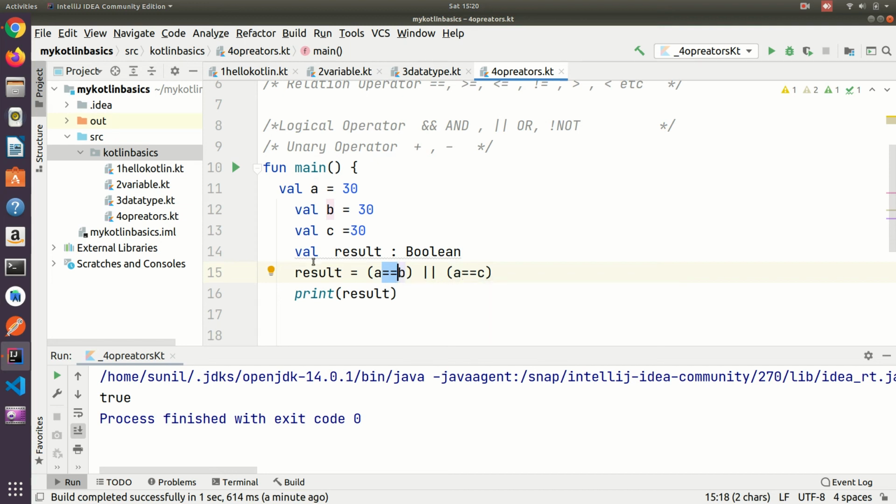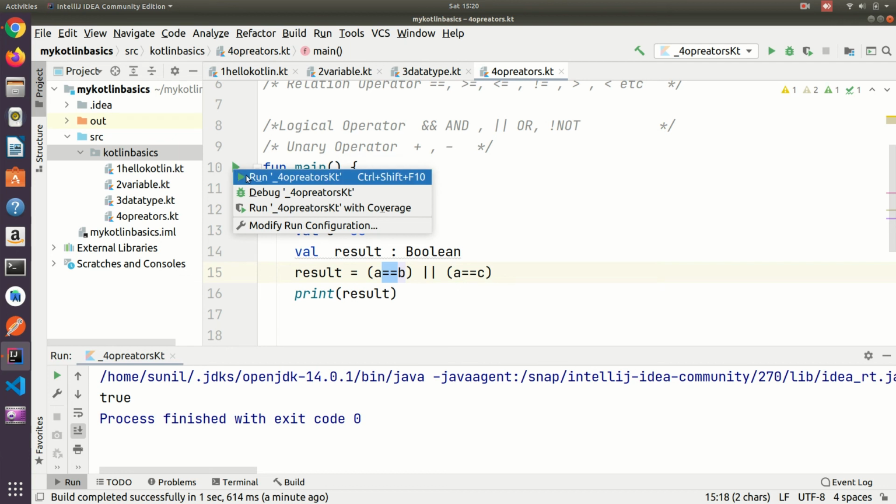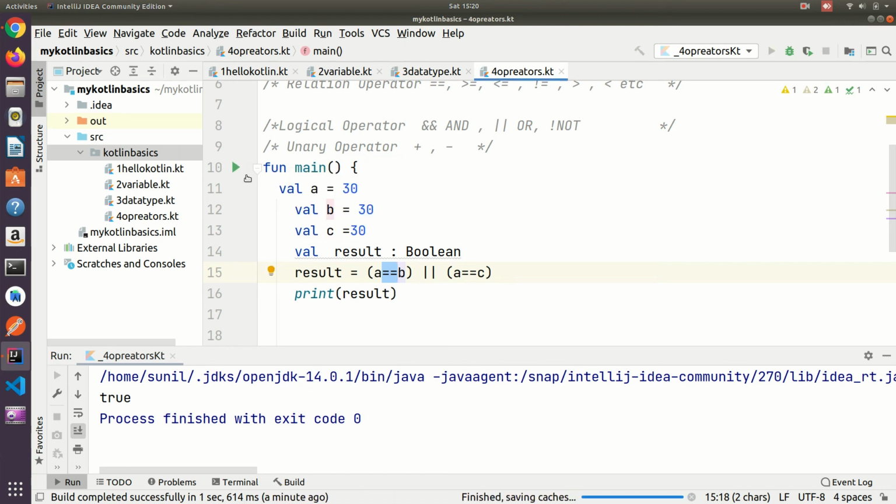So let me check this first. It will print true. Okay, now if I make it not, in this condition a not equal to b becomes false because a is equal to b, and a is equal to c becomes true, so the output will be true.